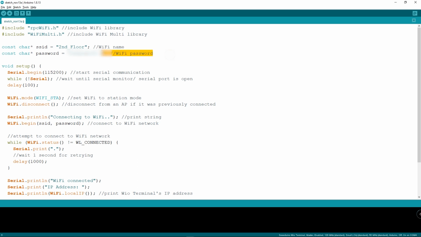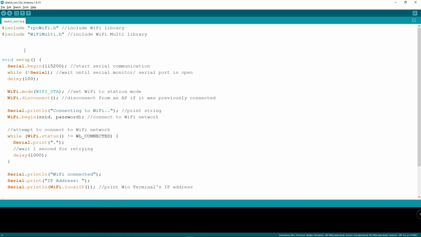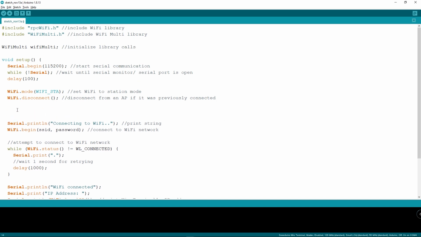Then delete this and type the following to initialize the library class. After that, insert a line here and add this code. So this is to add multiple Wi-Fi networks.